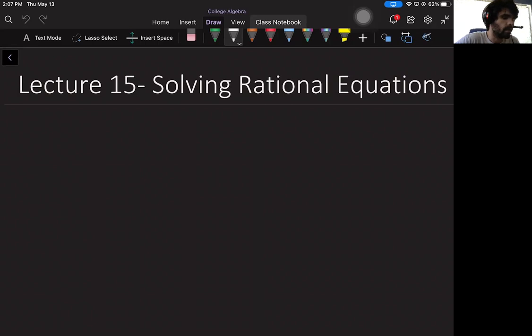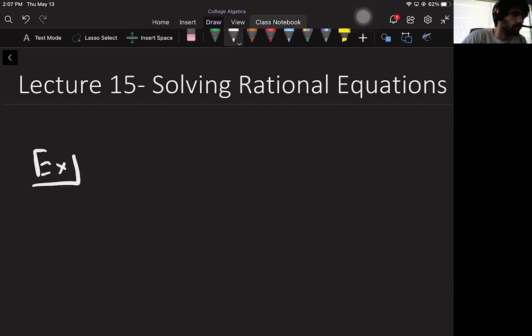And today we are talking about solving rational equations, very similar to the previous lecture where we talked about just rational expressions. And now we have equations involving rational expressions that we're going to try to solve. So we're just going to jump right into it